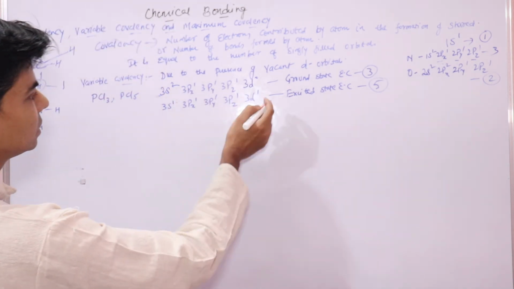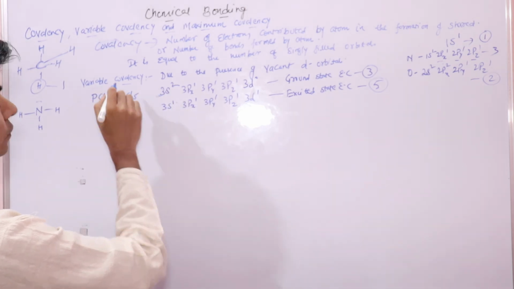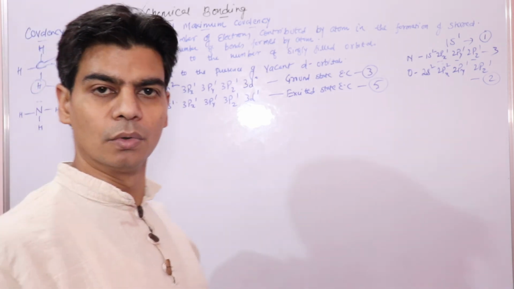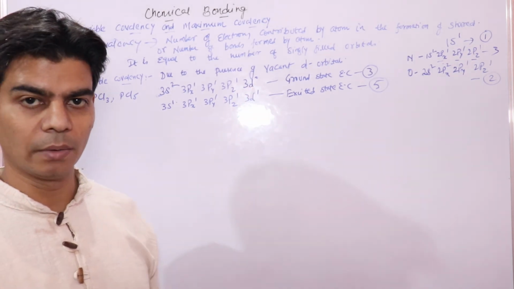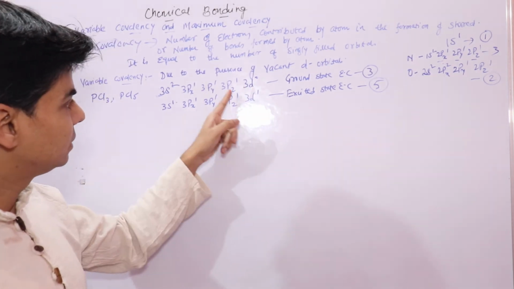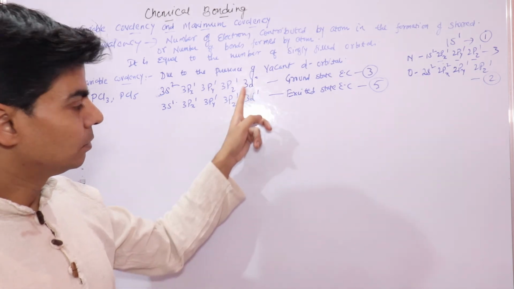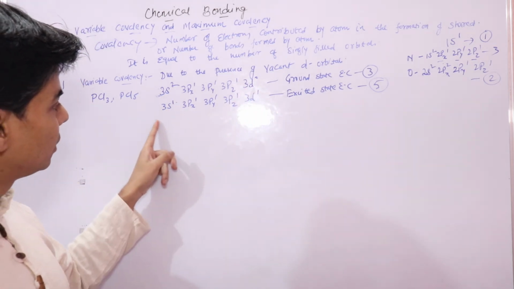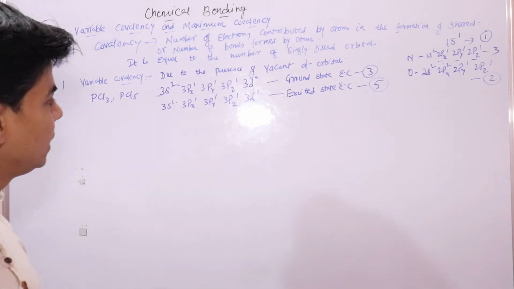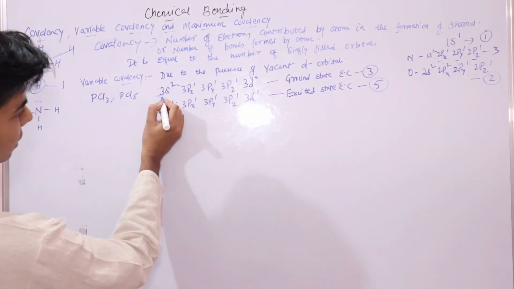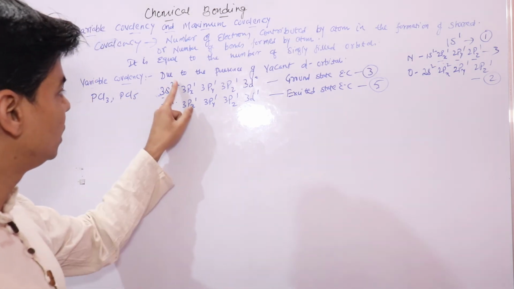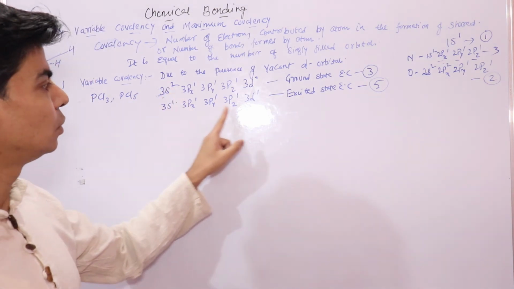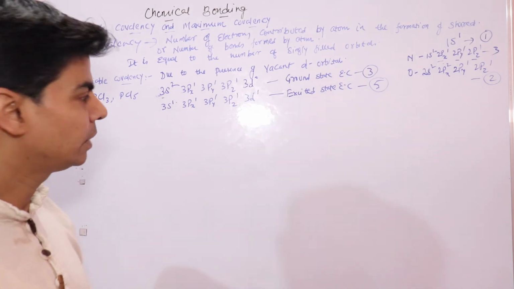So we call that phosphorus shows variable covalency, right? Because of the presence of vacant d orbital, that can be half filled by transferring an electron from the s orbital, right? And in order to transfer electron, we know we need energy, right? So some energy needs to be given to 3s orbital to transfer its electron to empty 3d orbital, right?